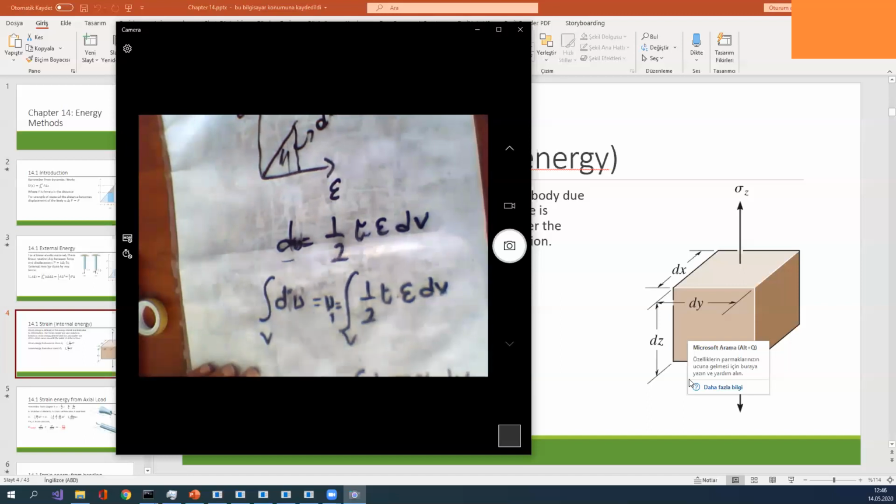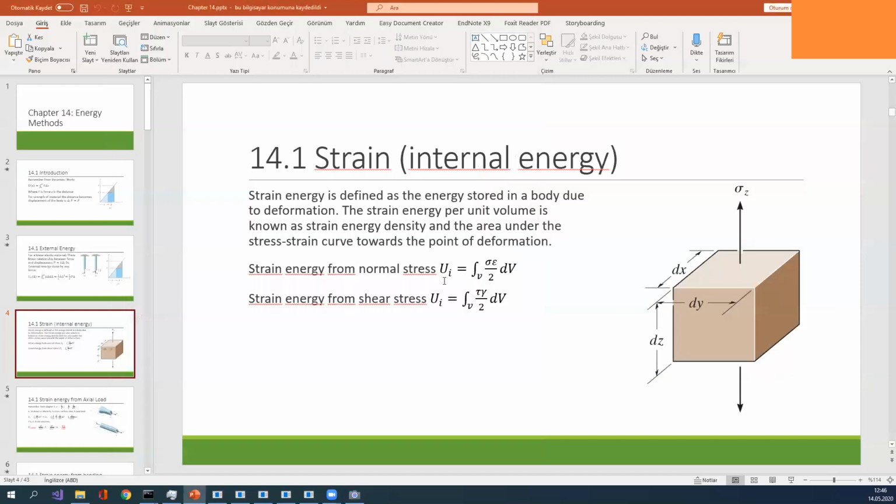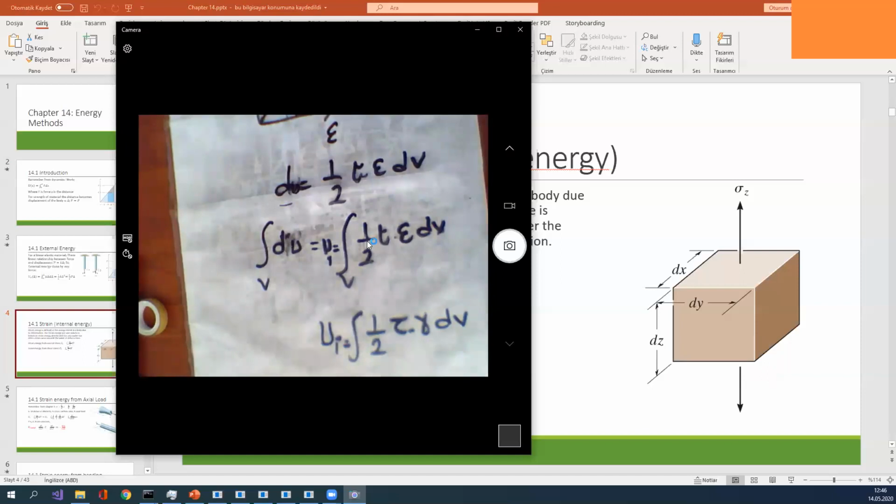Also, this is the internal energy absorbed from the shear deformation or shear force, shear direction. You don't need to memorize this, but I hope you understand the main theory. Force times displacement divided by 2. This is from the infinitely small element. If I want to integrate this infinitely small element for volume integration, I will obtain the